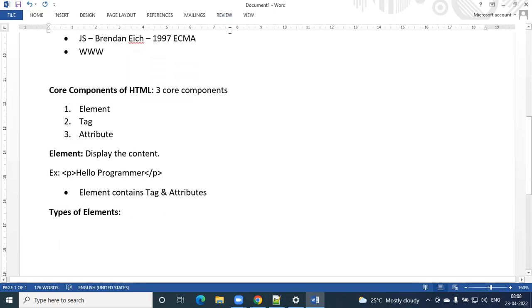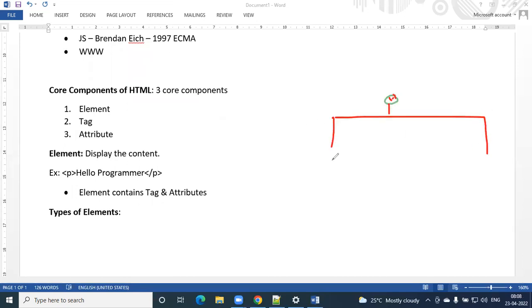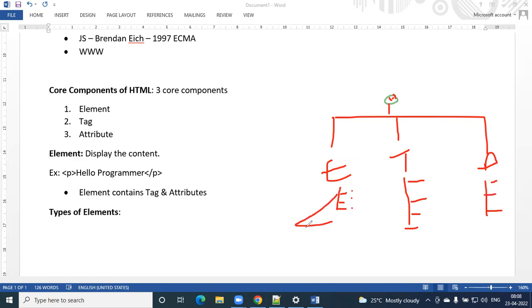If I start with HTML, this HTML contains 3 things: element, tag, and attribute. These elements are again 3 types. Tags are so and so types, attributes are so and so types, and these again are subcategorized. Like this, if you go,